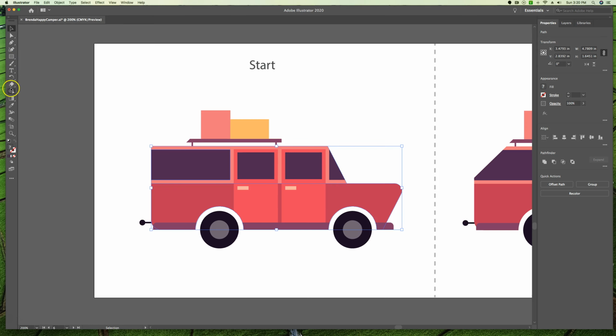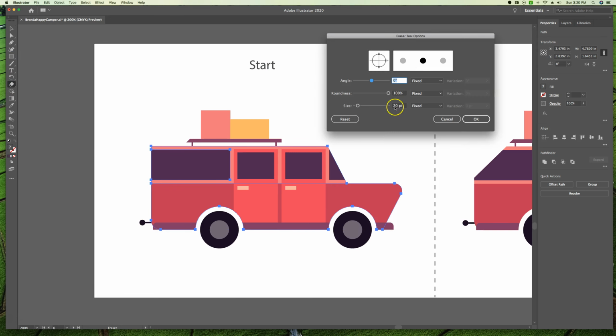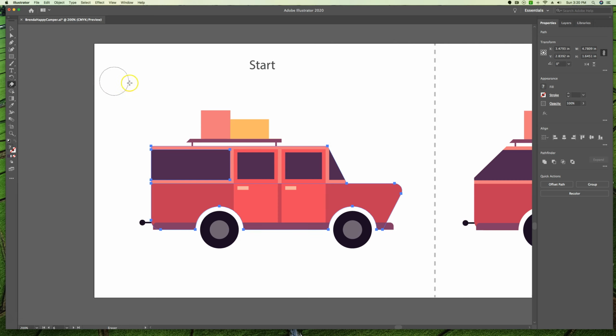We're going to double click on our eraser tool to modify it again, and we're going to make it even bigger. So we're going to make it 40 points this time and say okay. Notice how much bigger it got. And with the eraser tool, we're going to move the pointer above our selected shapes, and we're going to put it up in the area up here by the